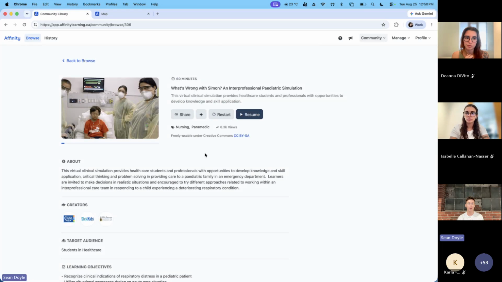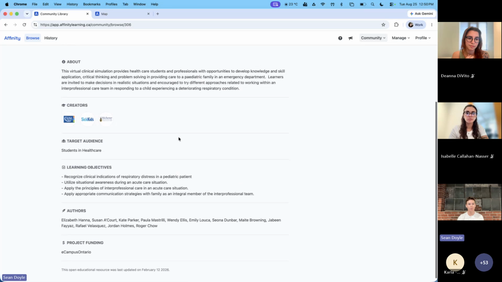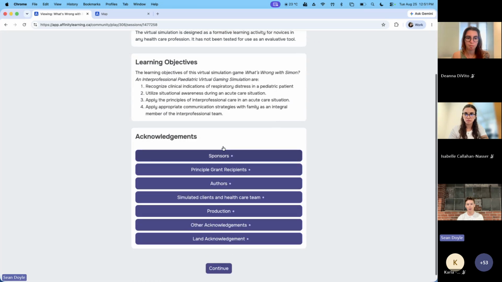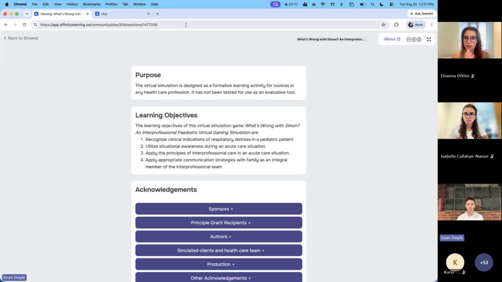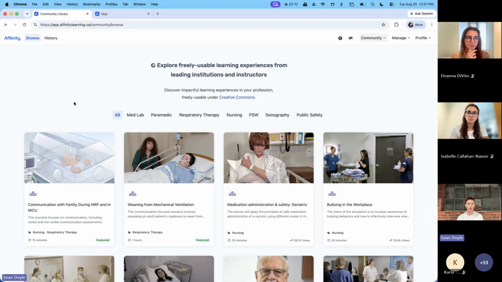If I click on one of these, I can go in to get more information about it and who created it, what the learning objectives are, and I can just click one button to get in and actually use this OER. So you can share this link with your learners. You could post it in an LMS or anywhere else that you communicate with learners, and they don't need to create an account. Our focus with this library was to make it really easy for people to access these resources. So all of this is public facing. Hopefully I can share this in the chat, or maybe Deanna can to save me.